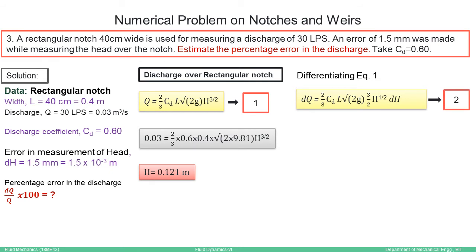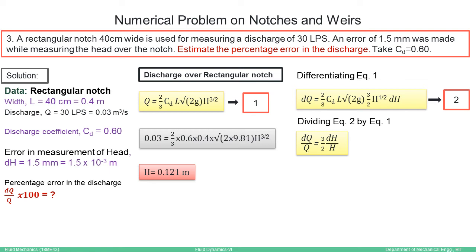So now let me call this equation as 2. So dividing equation 2 by equation 1, we get this expression. You just look out for the simplification steps, and we end up with H power 3 by 2 divided by H power half, and dQ by Q is equal to 3 by 2 dH by H. Okay, we end up with this expression, and just carefully observe the equation there.